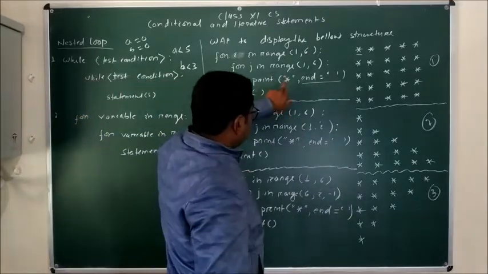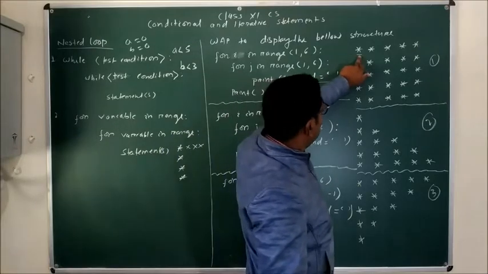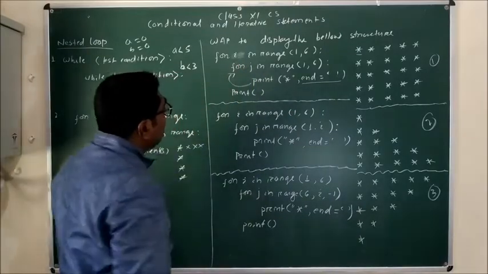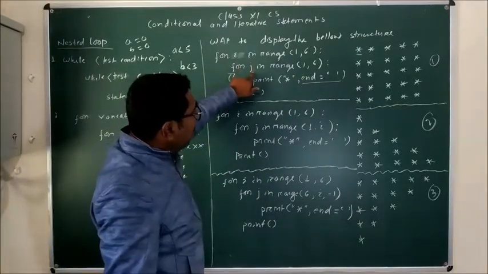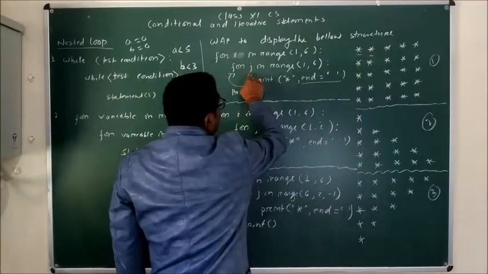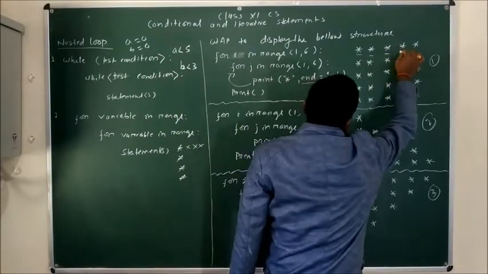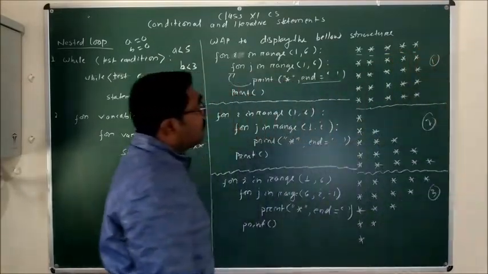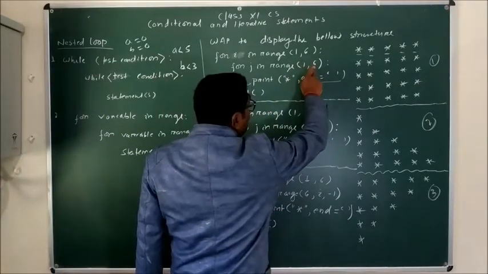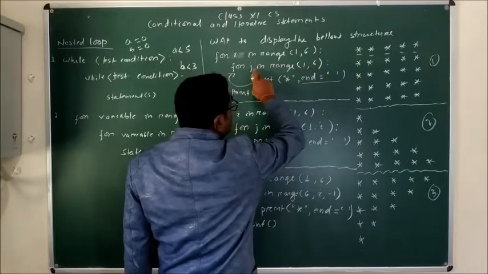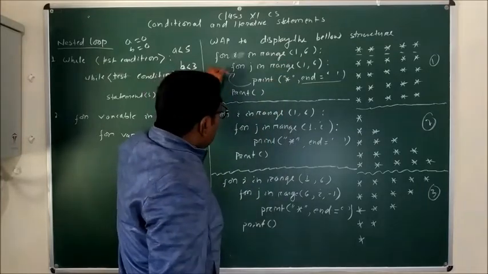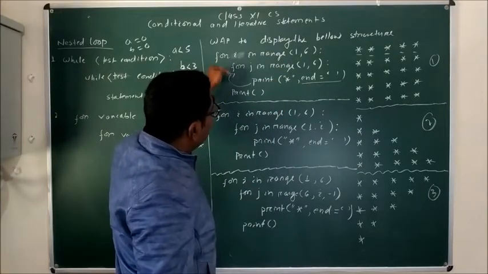So the first asterisk will be displayed. Then the flow will return to this position. Now the value of j becomes 2, so the second asterisk is displayed. Again it becomes 3, the third asterisk, then 4, and the fifth asterisk will be displayed. After that the value of j becomes 6, so this condition fails, or this loop has ended, and this statement cannot be executed. So the statement written outside of the inner loop will be executed.